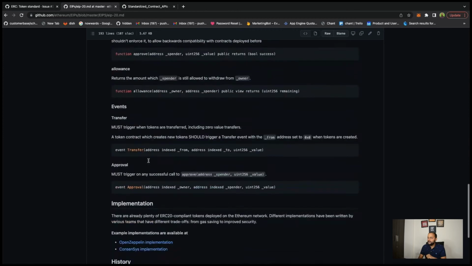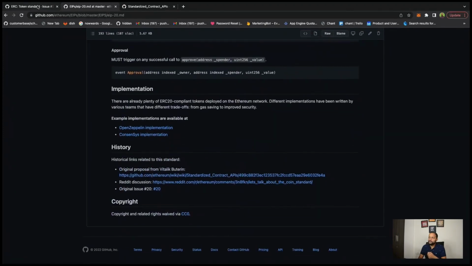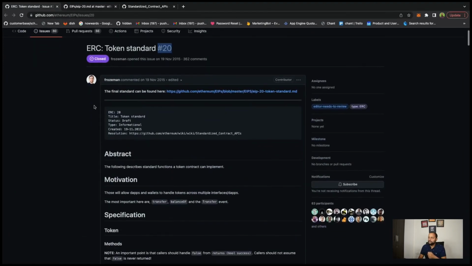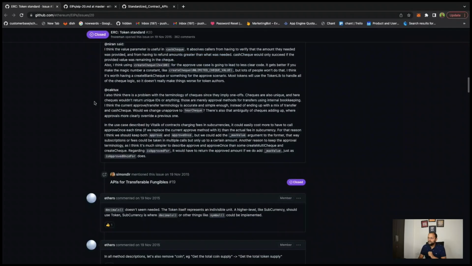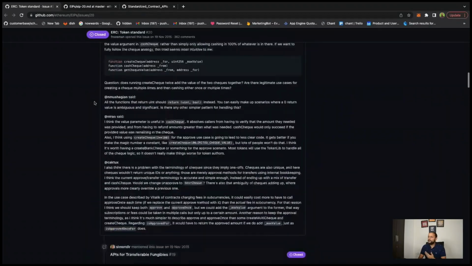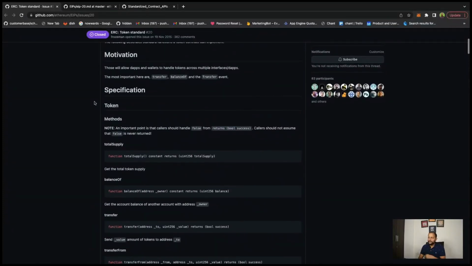And since this is open source, if you go back to the original issue as well, once this issue got closed, the PR was merged, and there are a bunch of suggestions coming in, right? So how do we handle suggestions? And similarly, what if there are certain improvements as well? That also becomes a standard, and we'll discuss more about that in our next video. So this is all about the ERC20 token standard.